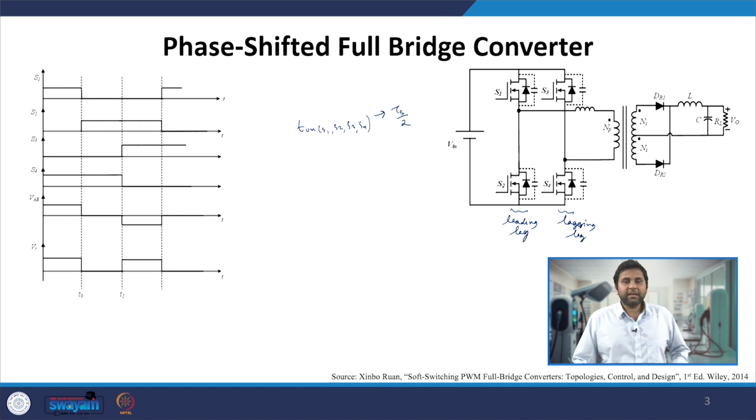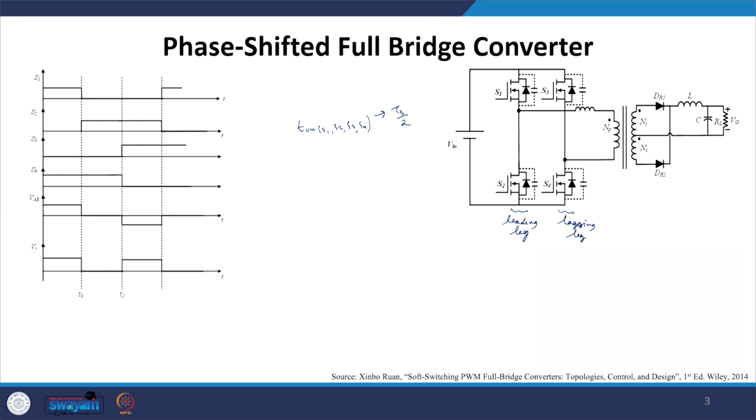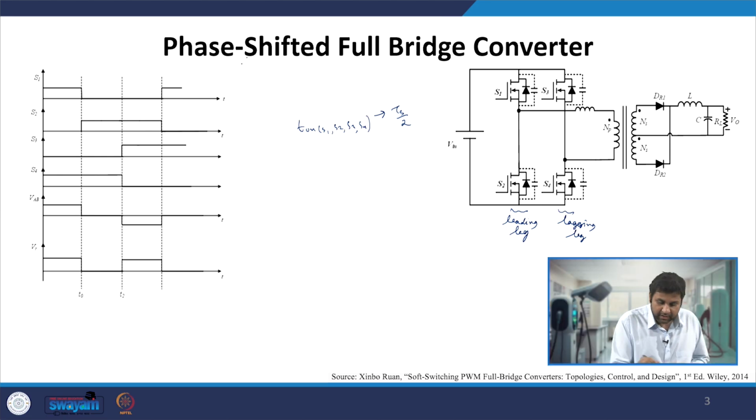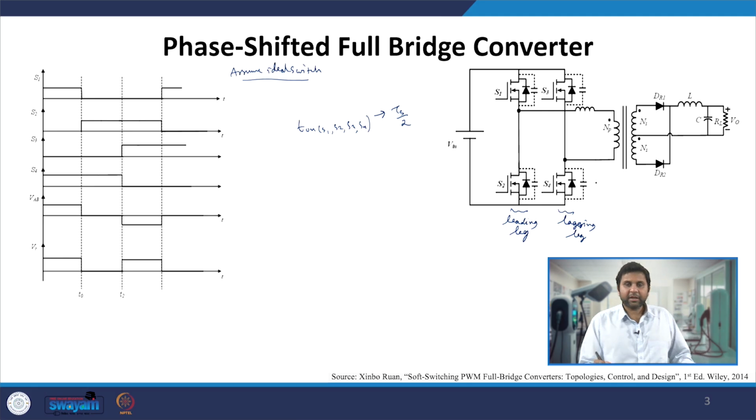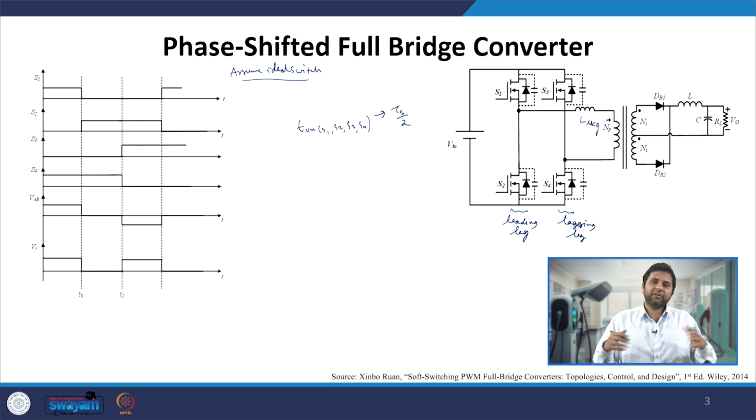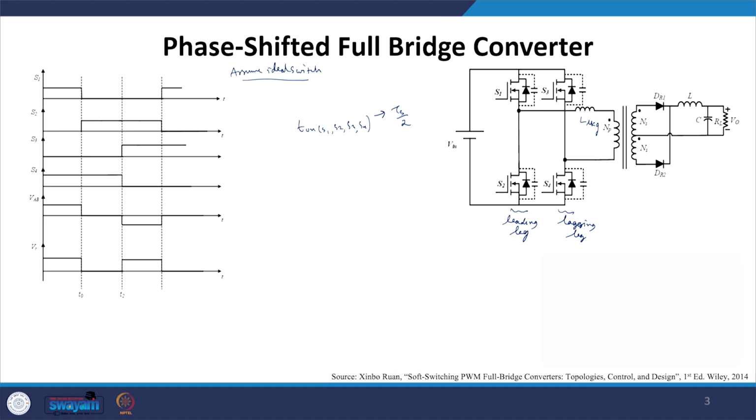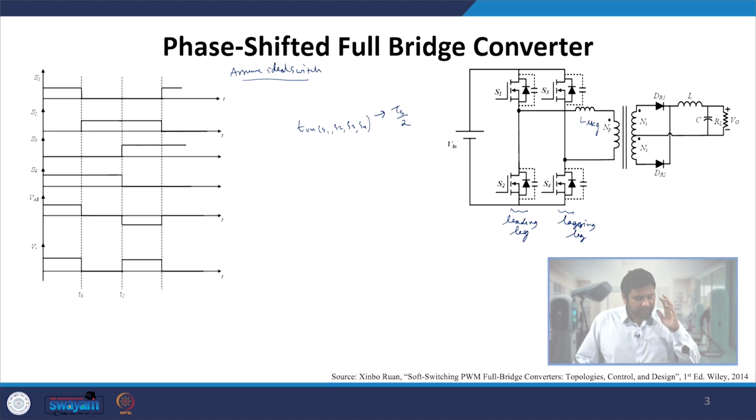So, what I mean by that is, let us see. In this, here we are assuming ideal switches, and then we will start putting the non-idealities like output capacitances and leakage inductance of the transformer and seeing their effect as we go along. But as of now we will consider that these switches S1, S2, S3, S4 are actually ideal switches.